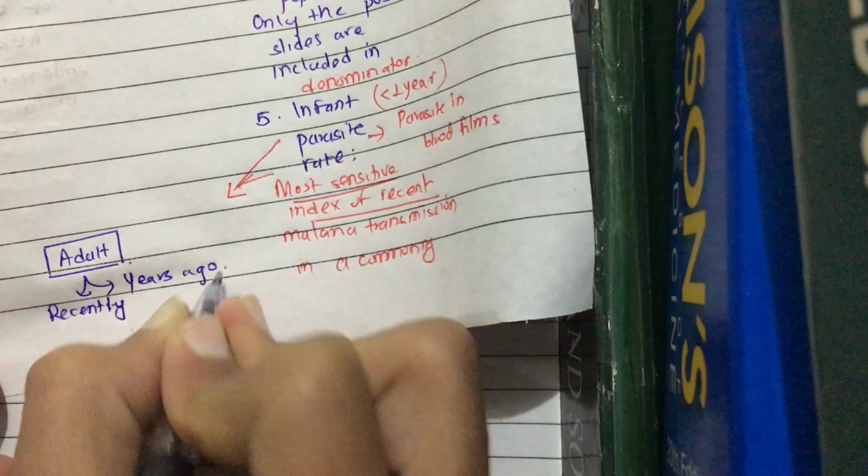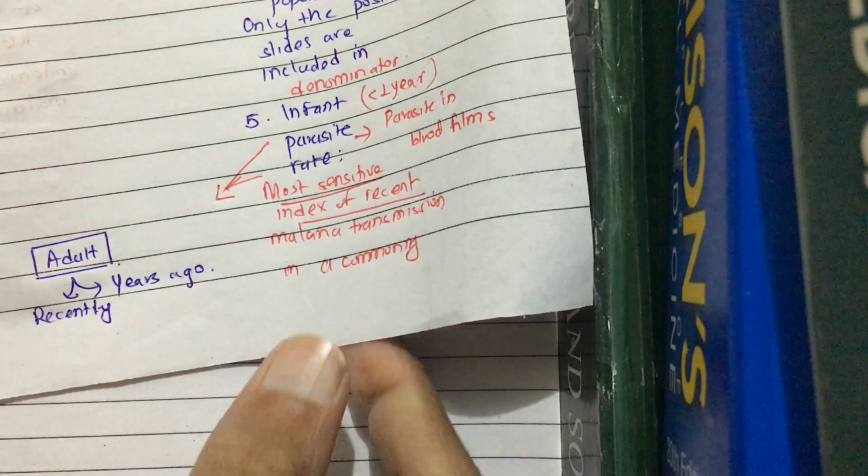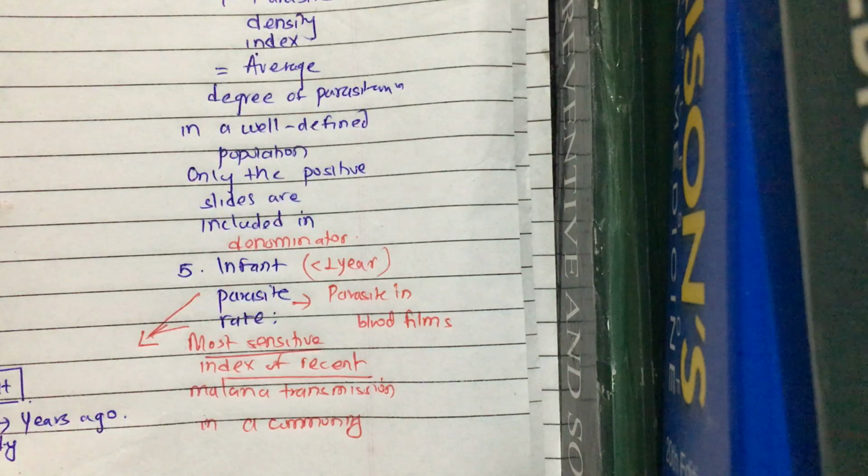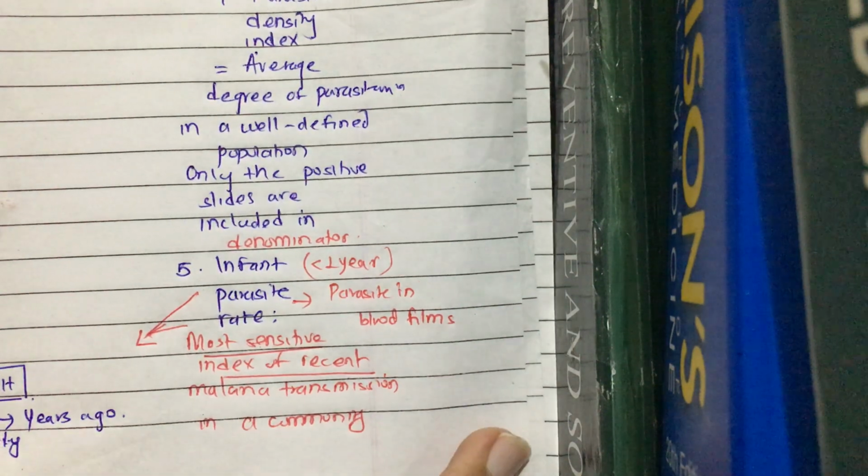Okay, but in the infants, it indicates that the malaria has recently transmitted. So it is the most sensitive index of recent malaria transmission in the community. Okay, and if the infant parasite rate